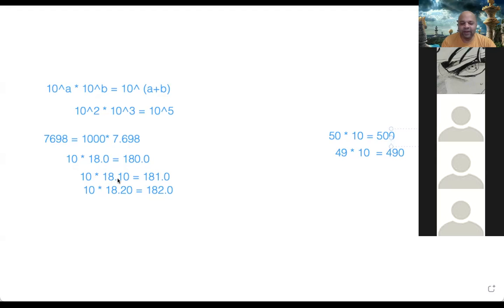See, 10 into 18.1 is 181, and 181 divided by 10 is 18.1. So when you divide by 10, that time you shift the decimal point to the left. This is the beauty of the decimal system. Whenever we multiply or divide by 10, we don't have to do any calculation. We just shift the decimal point. Just shifting the decimal point gets us the answer, whether it is multiply or divide by any power of 10, 10, 100, 1000, etc.